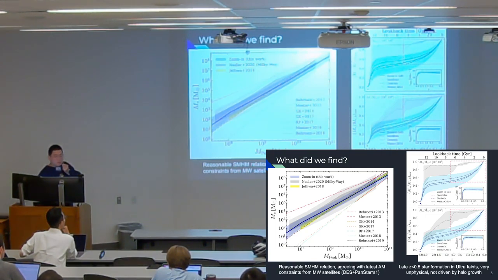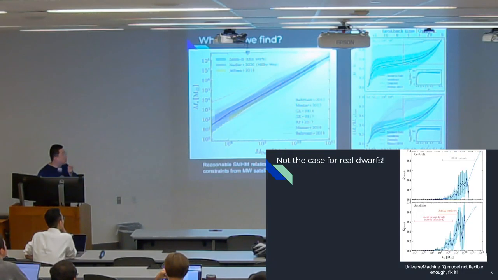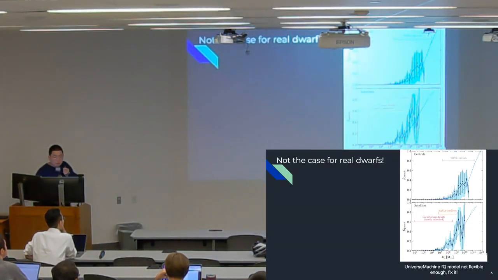And if you look at the halo accretion history of these dwarf galaxies, these dwarf halos, the late-time star formation isn't really driven by halo growth. So it's just that the model extrapolation doesn't work. The parameters are totally messed up. And we were able to identify the key problem with the model when you extrapolate it down to these